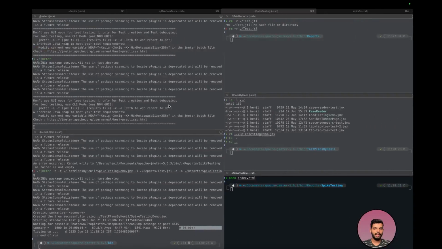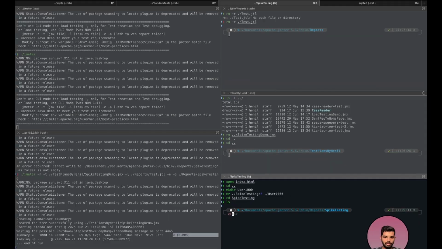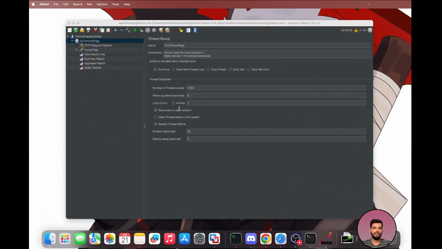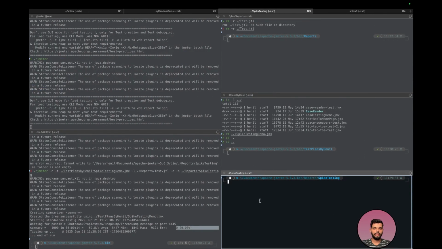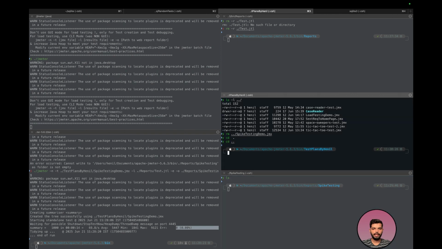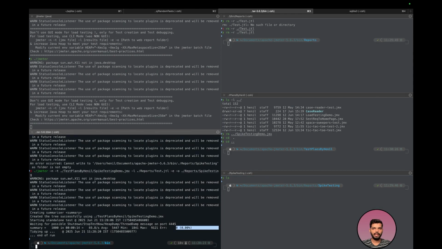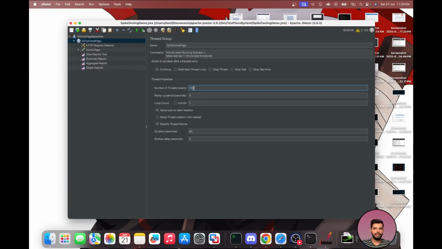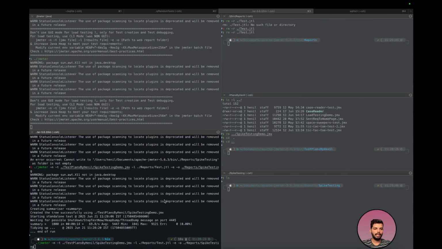Now we can again make a folder. So we have created a folder user 1000 which stores all the reports that we have generated for the spike testing of 1k users. Now again the spike testing folder is empty. We can remove the test.jtl file which is from the previously executed test. Now we can again change the number of users to 2000. We can hit the save button, and we can again perform the test,